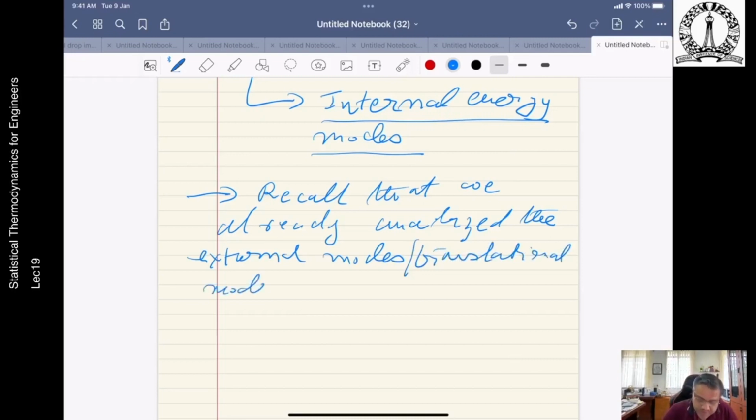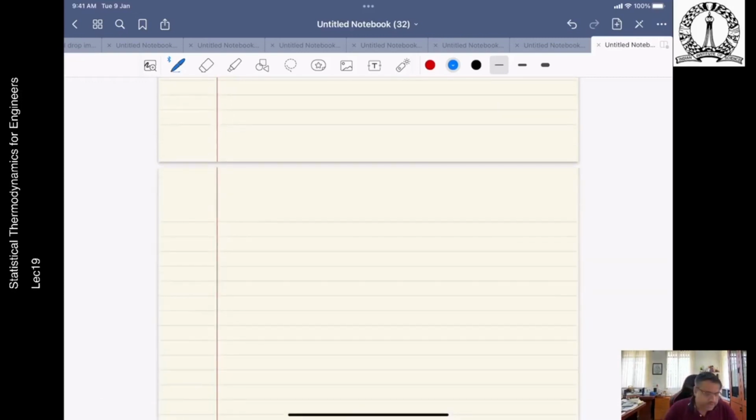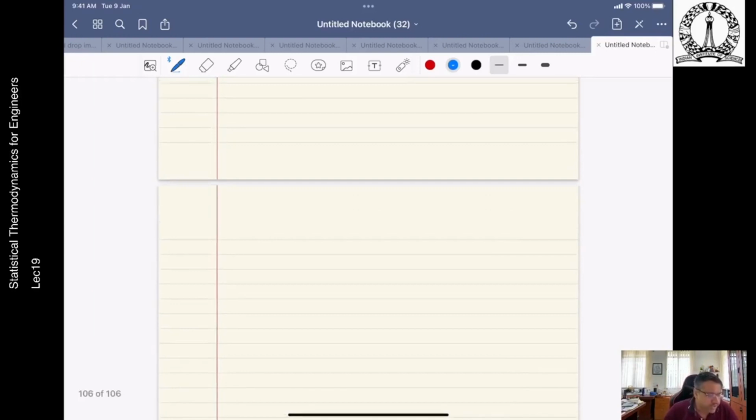So let's go to a fresh page and write the Schrödinger wave equation